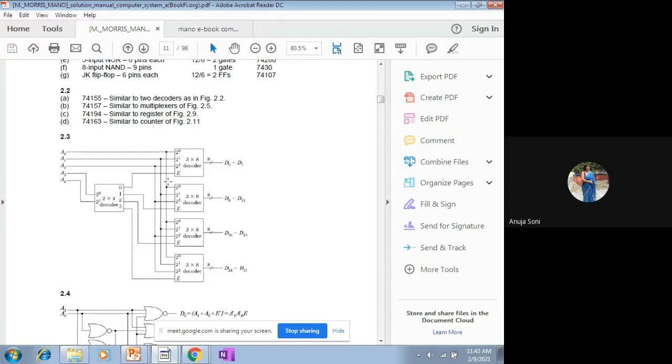If availability is not given, by hit and trial method you can think that only these decoders may be used, because due to the essential compatibility between the smaller size and the bigger size decoder, only those many decoders can be used in order to construct that kind of decoder. By observation only, you will be able to identify how many smaller decoders will be used. Accordingly you will think, right?